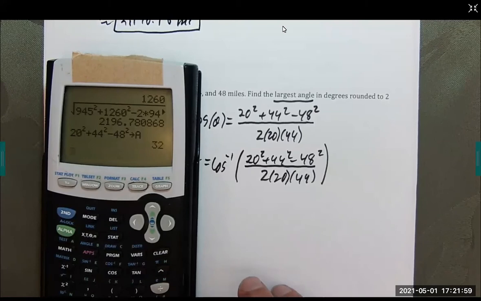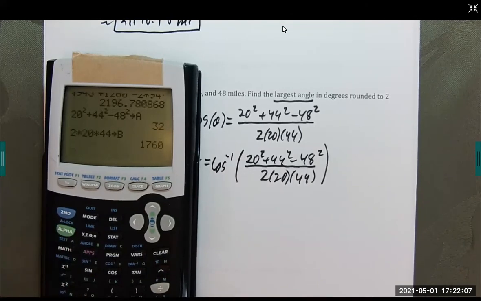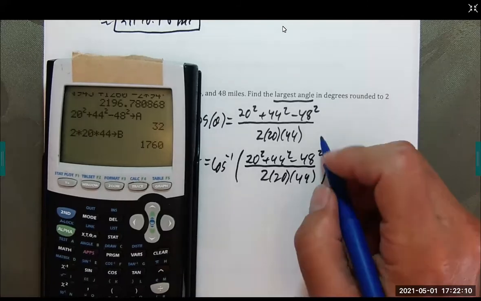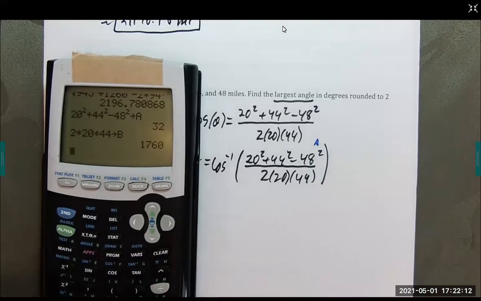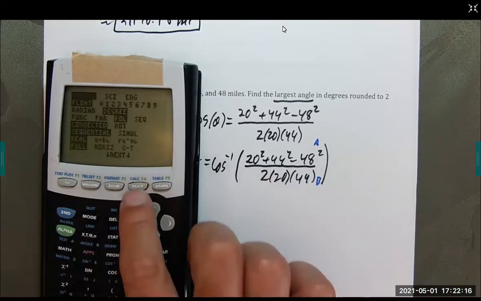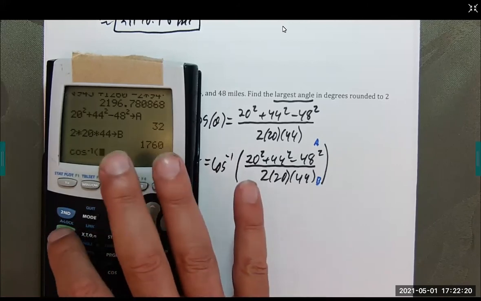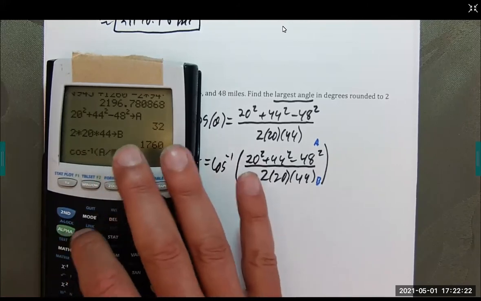My denominator, 2 times 20 times 44, and I'm going to store that into B. The top one was A. The bottom one is B. So I'm going to double check degree, inverse cosine of A divided by B,